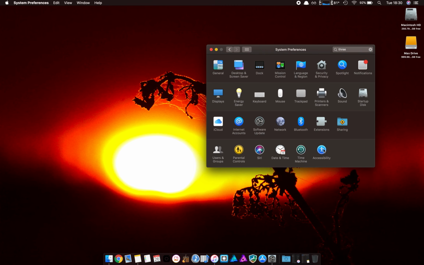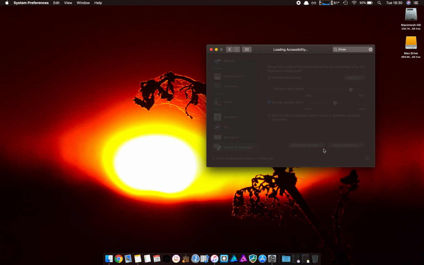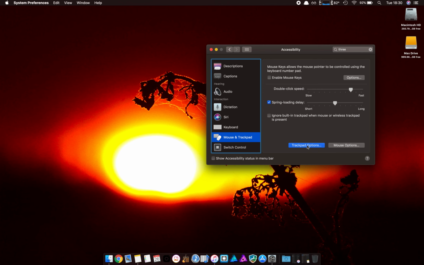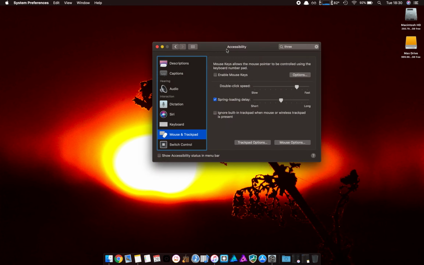So what you do is you go to Accessibility again, and then you scroll down to Mouse and Trackpad, and you click Trackpad Options. Enable Dragging will normally be off, and you enable it, and then you pick one. Like I was trying to say, 3-finger drag is what I like. Click OK, and then without actually clicking, you just put 3 fingers on, and you can just easily move windows